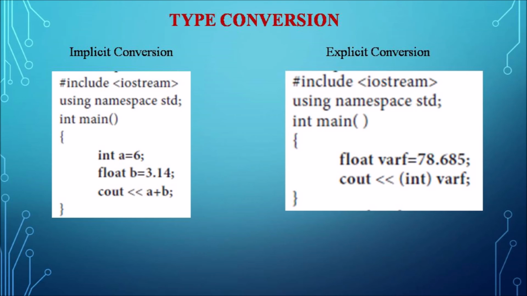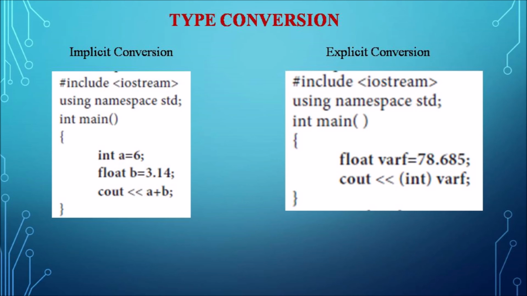Type conversion is of two types. One is implicit type conversion and another one is explicit. Implicit means automatically, internally it understands, based on the maximum memory allocation, and automatically takes the resultant data type. That's what we have seen in the tabular column, which is followed by the compiler for